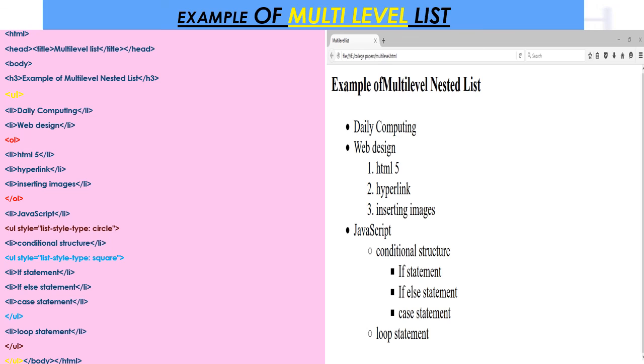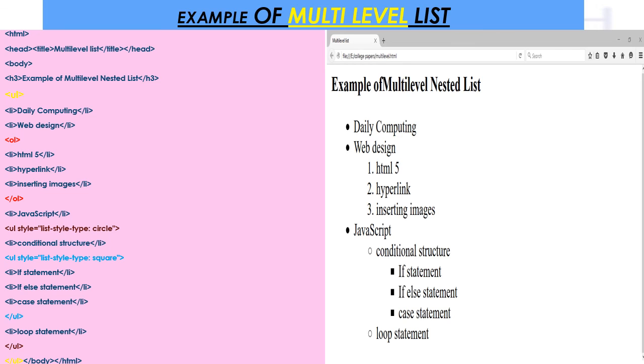Now you can see the first UL, as I have not given any type, it is taking default value. Can you see that? It is not a circle, it is not a disk, nothing, not square, because I have just opened with a UL tag. So UL tag just gives you this type of bullets over here. In that UL I have used the OL tag 1, 2, 3. This is the web designing topics. Next thing comes the JavaScript topics.